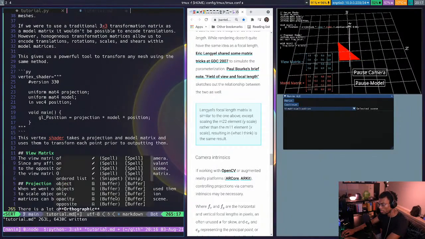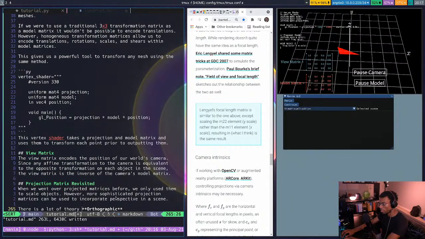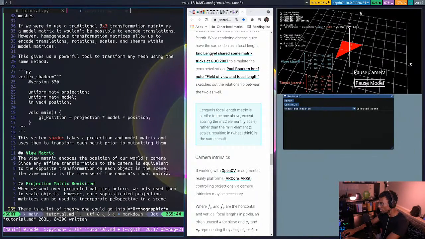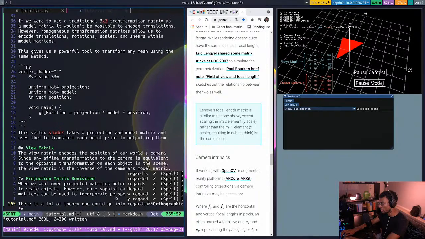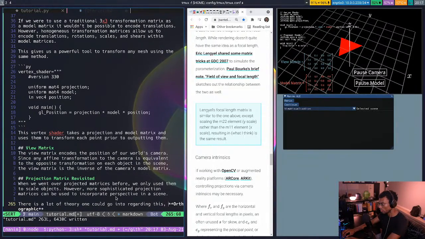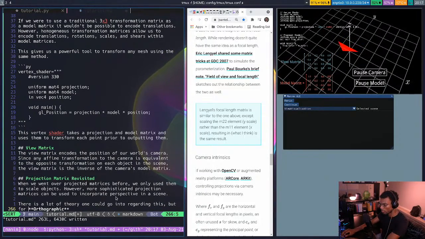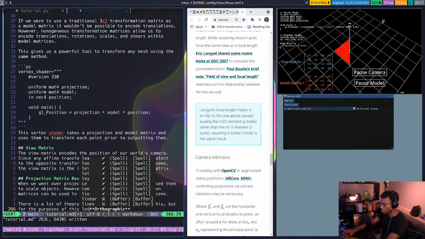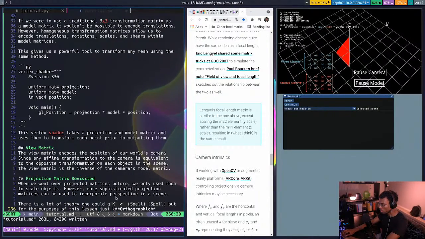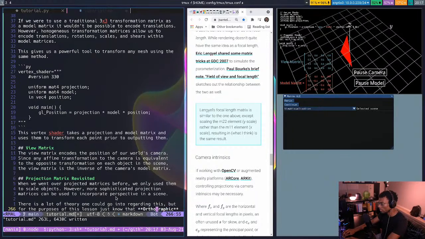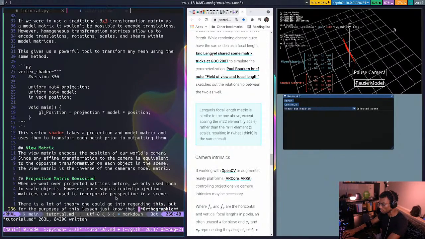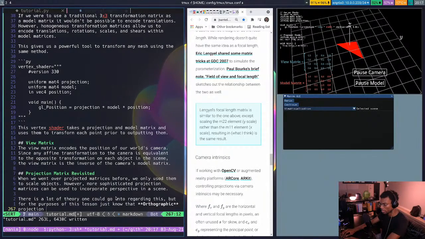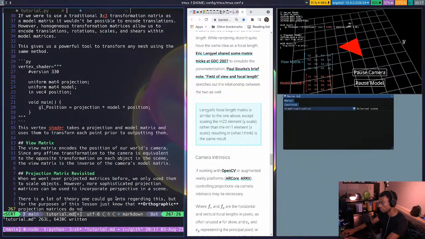There is a lot of theory one could go into regarding this. But for the purposes of this lesson, just know that orthographic projection matrices do not...